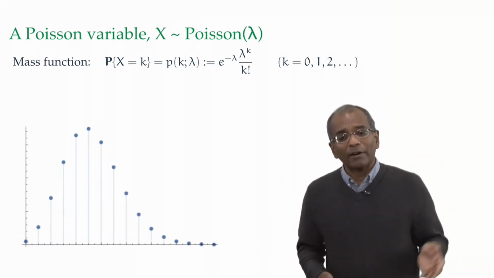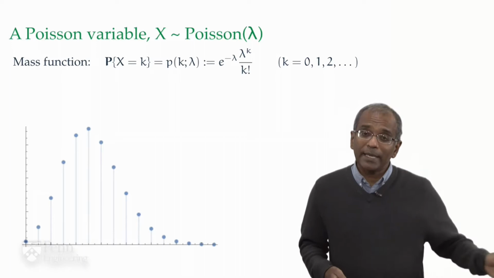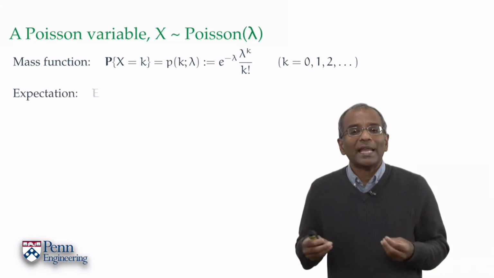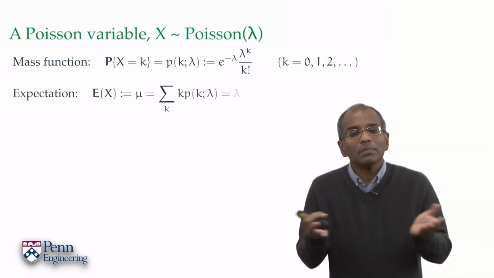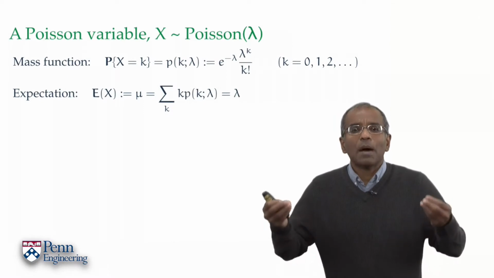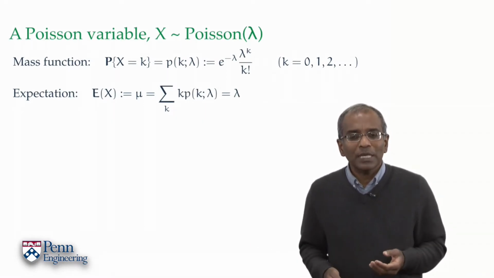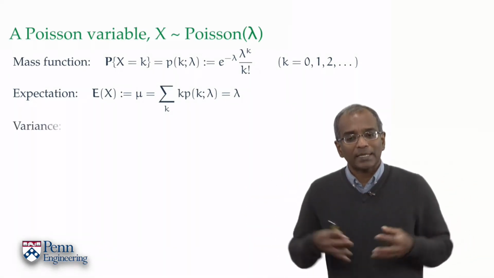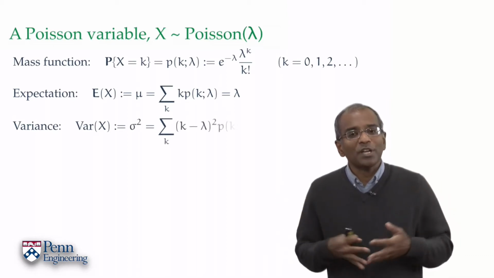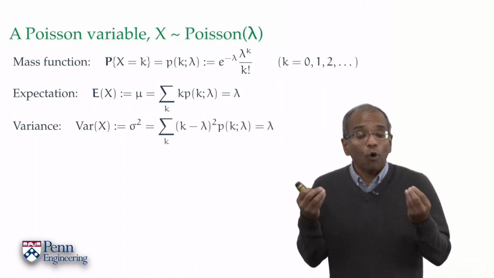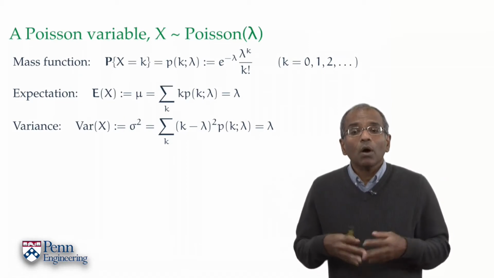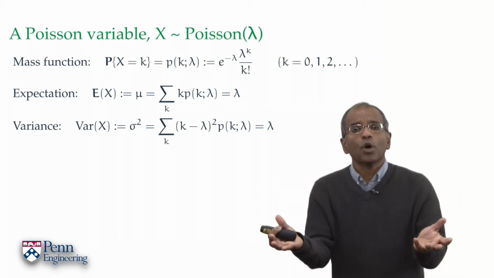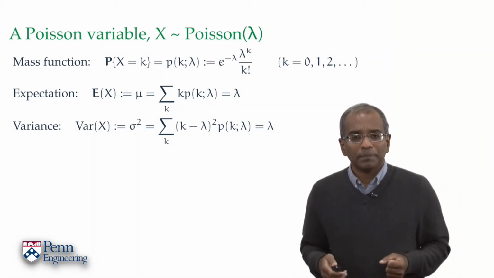The form of the mass function is simple. It has got a unimodal character, so it rises and then decays. It has got a probabilistic center of mass, or more formally, an expectation, a weighted sum, which is precisely the parameter lambda characterizing the distribution. And it has got an expected squared deviation away from the center, a probabilistic moment of inertia, if you will, or more formally and correctly, the variance, also precisely lambda. And at this point, we've got a complete characterization of a new kind of chance variable.